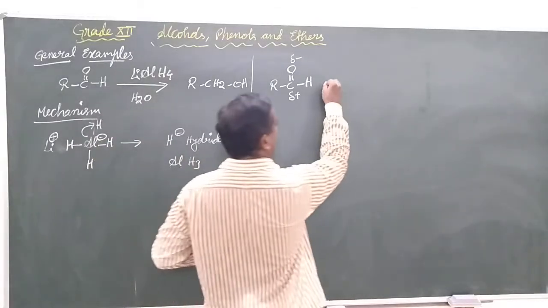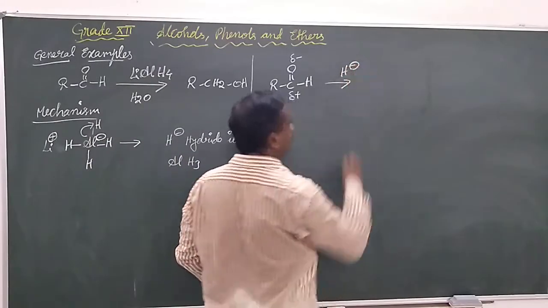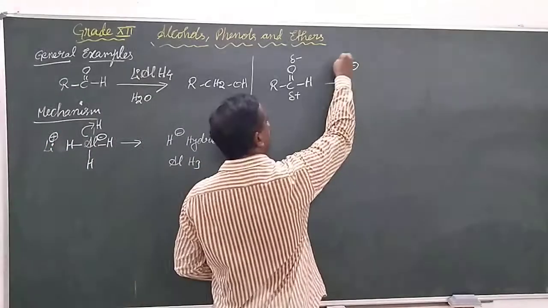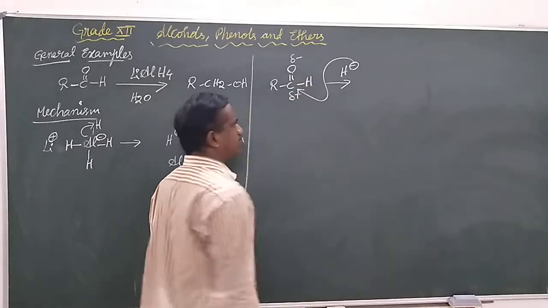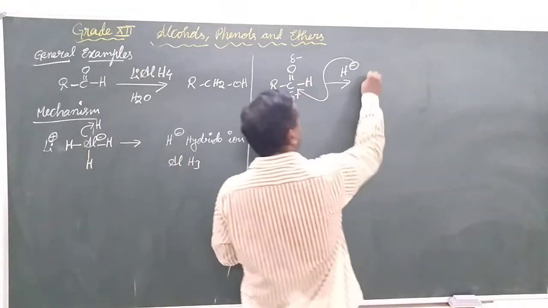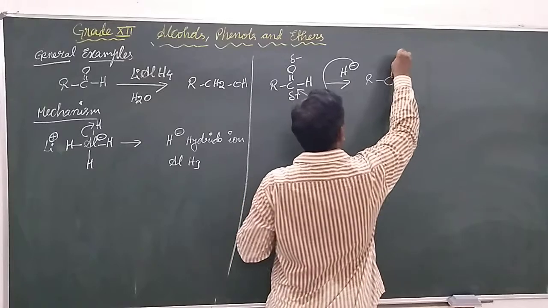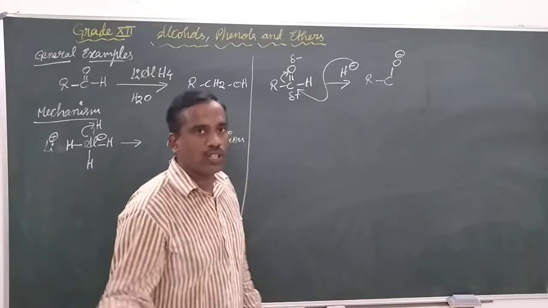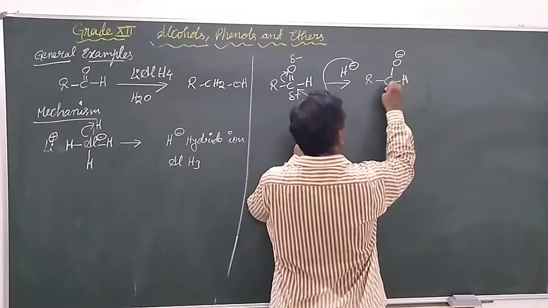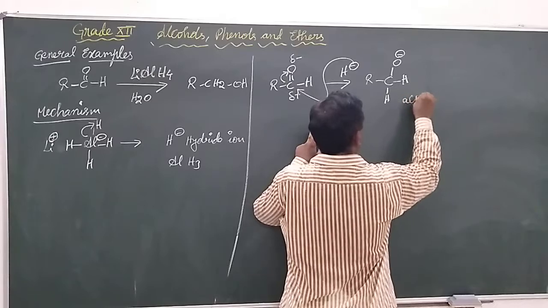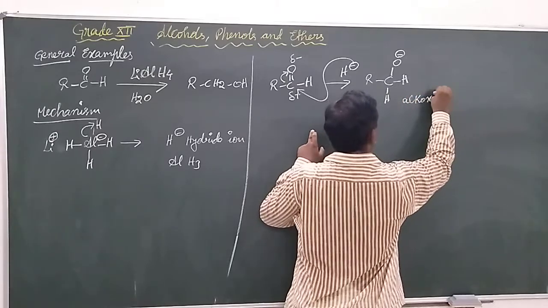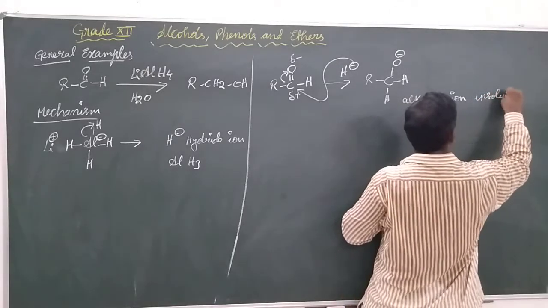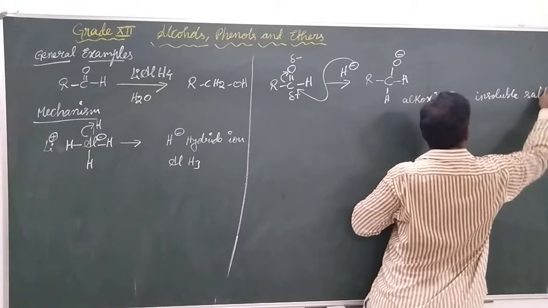Now, our hydride is going to act like a nucleophile, and it is going to donate the electron pair towards the partially positively charged carbon. In return, it migrates the double bond onto the oxygen, giving a negative charge on the oxygen. Now we have the hydrogen and another hydrogen. At this point we call this one the alkoxide ion. These are generally insoluble salts.